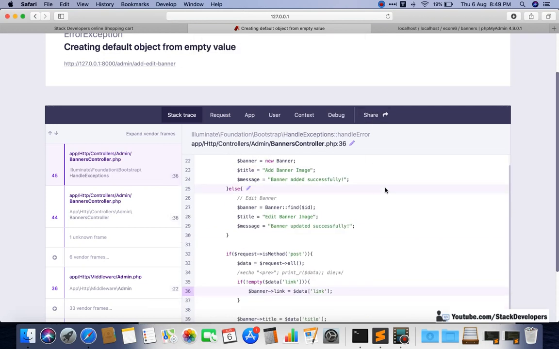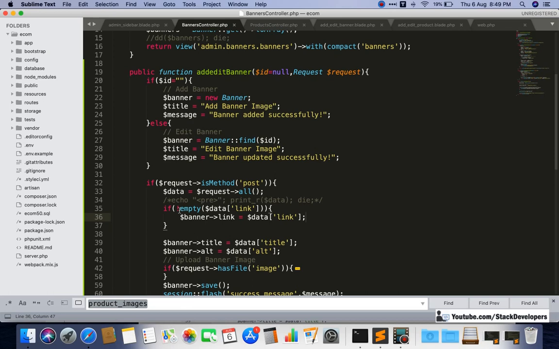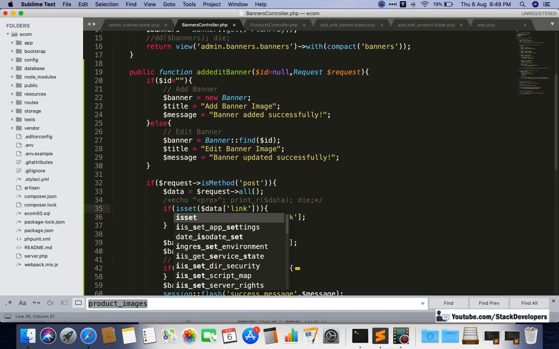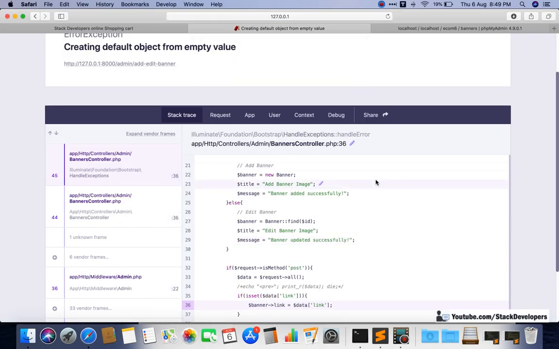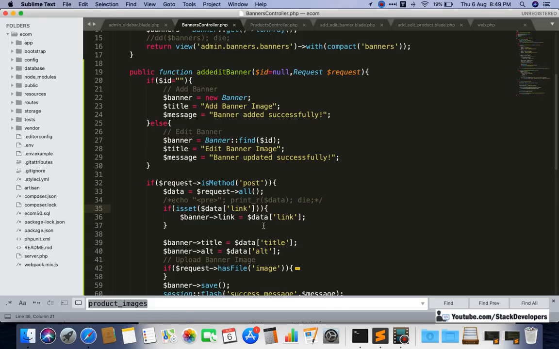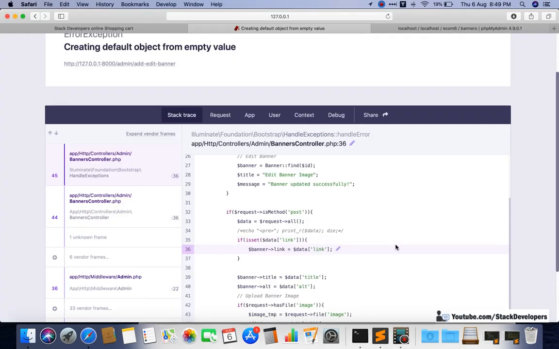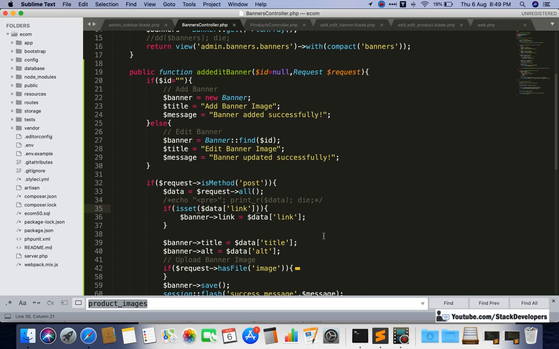Still it is coming, and we can check with isset. Now it must not come. Still it is coming. So we can do one more thing like we used to do: if empty, then we can make it empty like this.